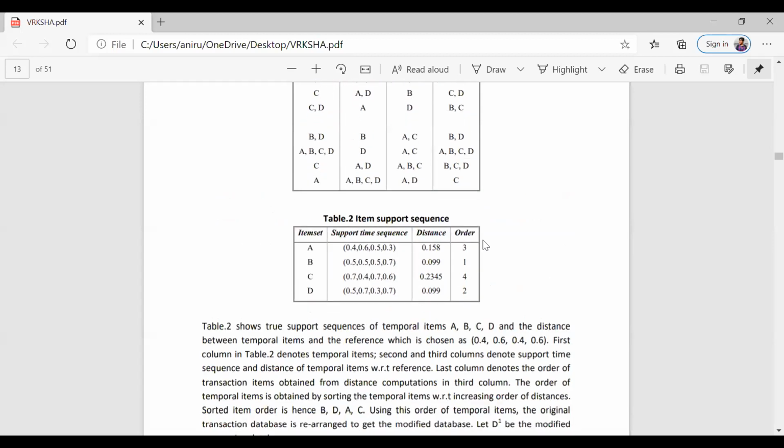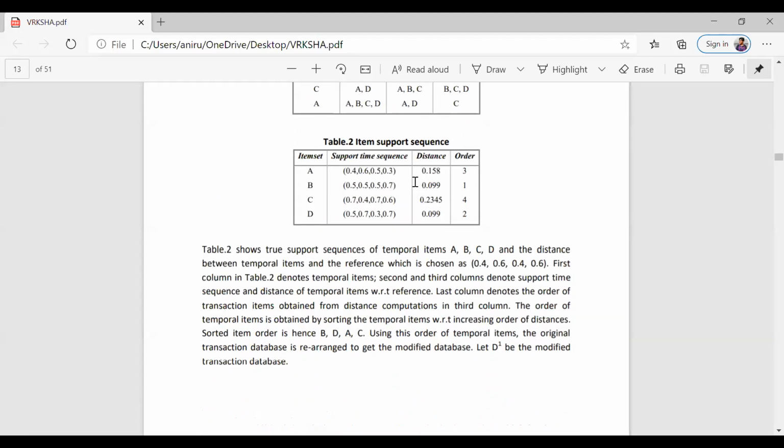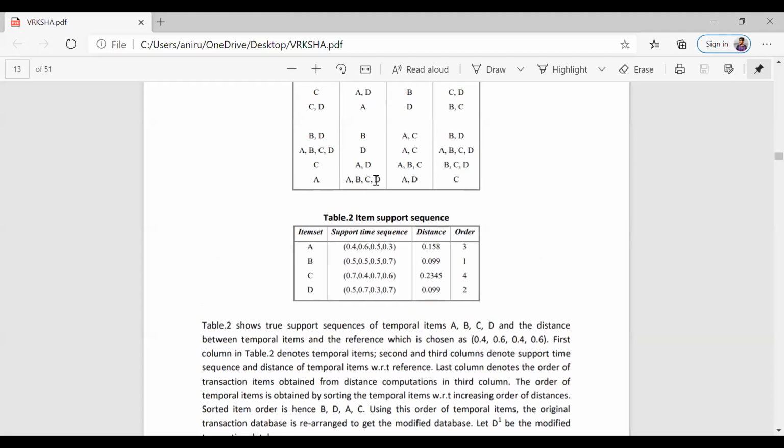For that, we compute supports for each item initially, and then for all the item sets. Here, items are the letters, and item sets are the combinations of those letters or items. There are all possible item sets because we have multiple items, so we can form any number of item sets. From that, we form a particular item set support, which is statistically just the frequency of that item set divided by the total number of transactions.